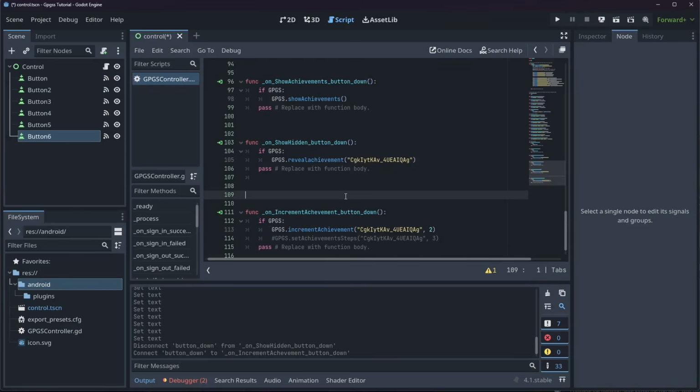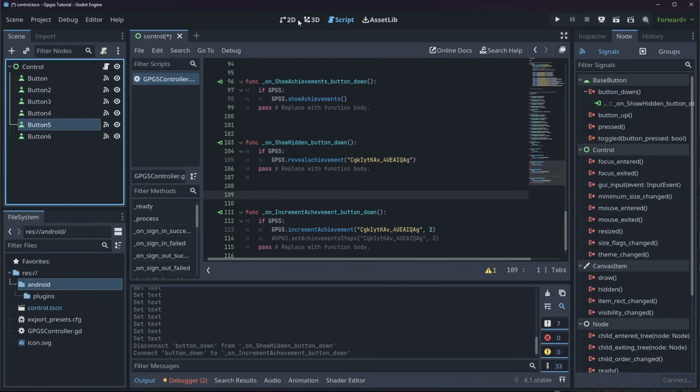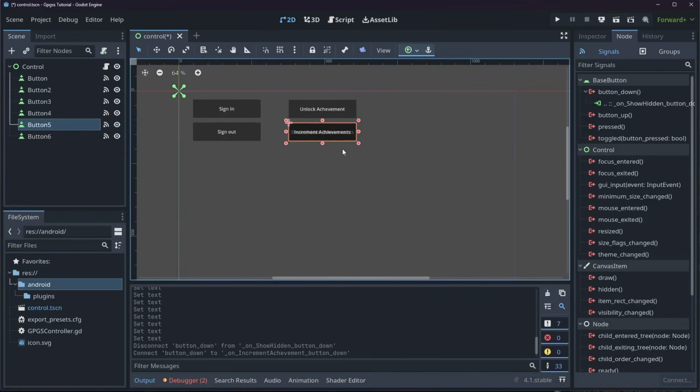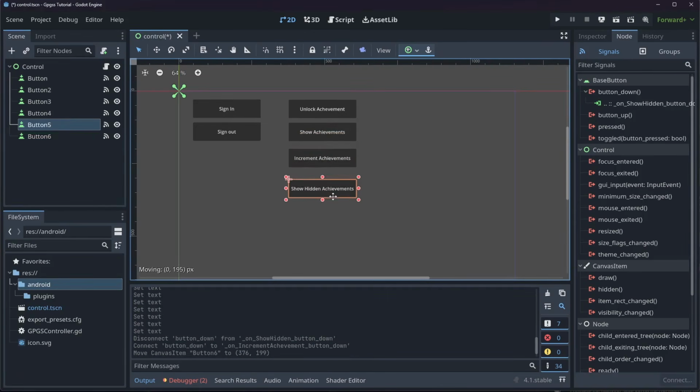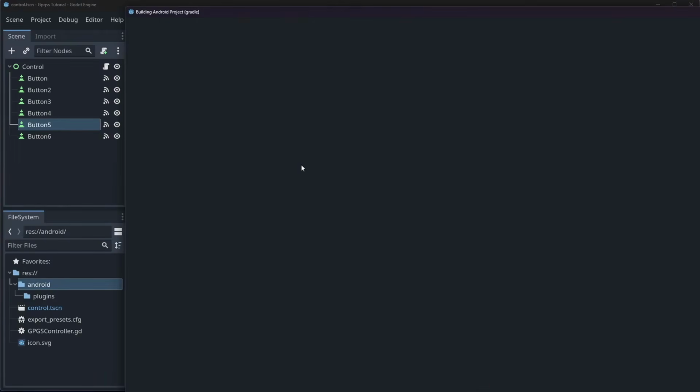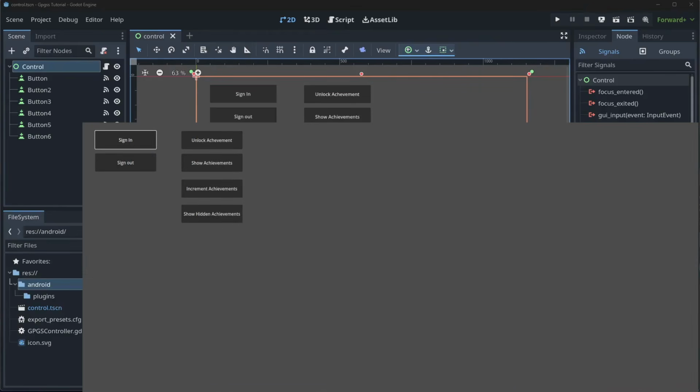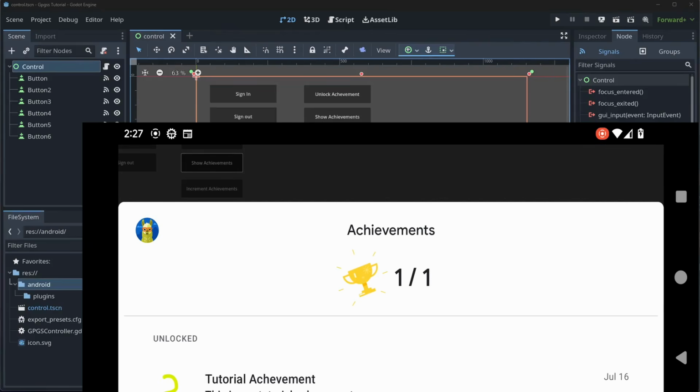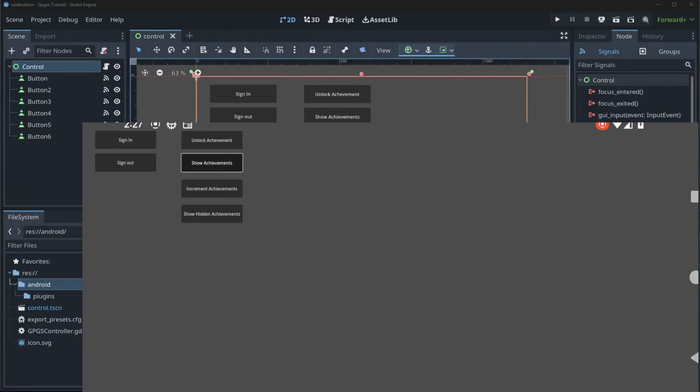Now, once we have this, if we take a look at our design here, you can see we have our stuff over top of it. So I'm going to say incremental achievements. I'm going to grab show hidden achievements and I'm going to hit play. And we can take a look at it here on the screen. So if we take a look at our achievements, we hit show achievements, you can see we just have the 1 achievement. So if I hit show hidden achievements and then I click show,